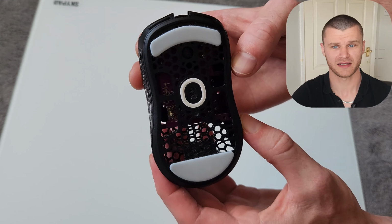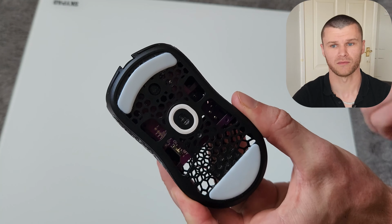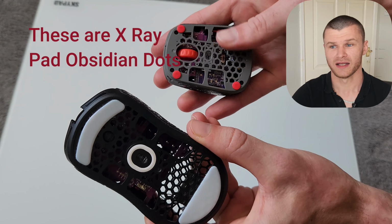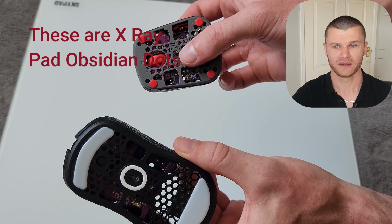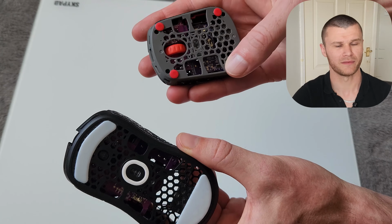They give better stability and control than, say, a Tiger Ice Dot would, as an example. Speaking of which, if you want the fastest glide possible with limited feedback from the pad, then the Tiger Ice Dots are a really good option. There are so many different mouse feet options for this mouse, though I'd encourage you to experiment and find what